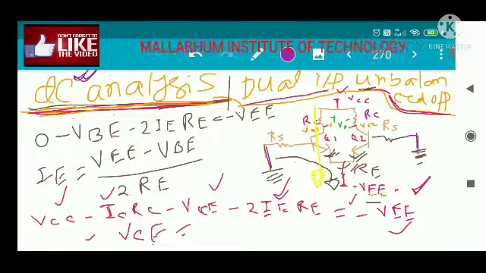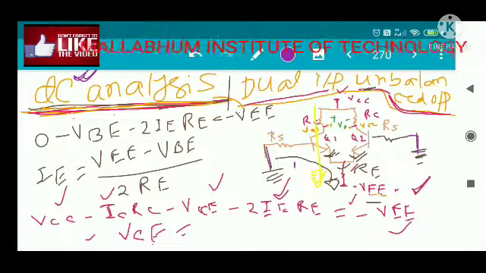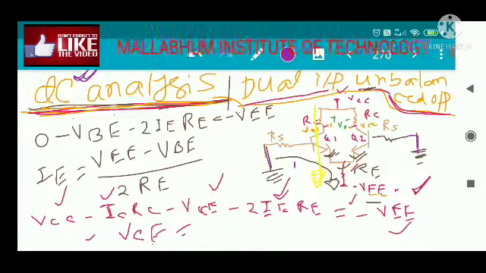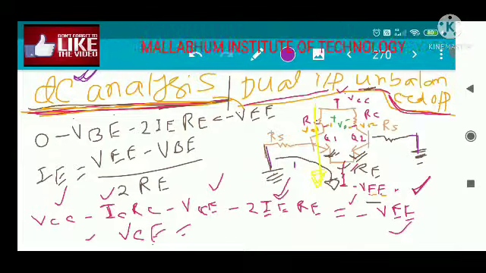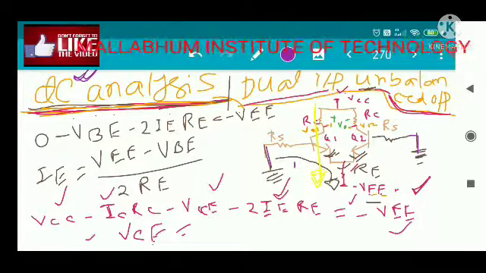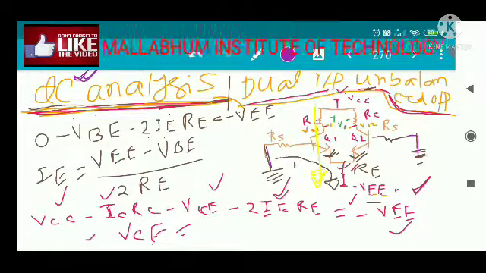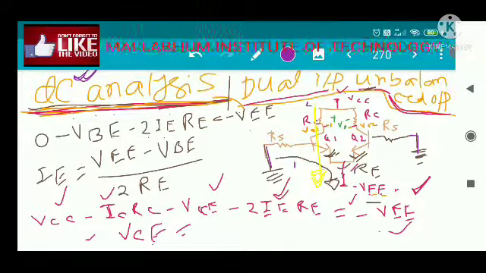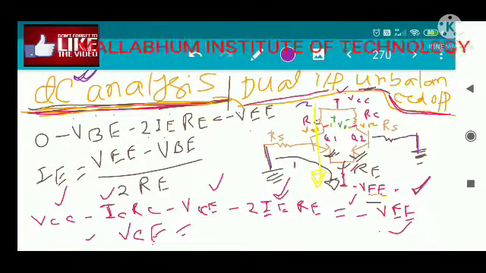So first, this is loop 1. We have considered the black line as loop 1, and you can see this from this KVL equation. That means 0 voltage is there, and there is another voltage VBE, base to emitter, then IE into RE, that is another, and there is a 2IE coming for the second transistor. That means there's 2IE, and this is VE. So this is loop 1, and this yellow line is your loop 2.